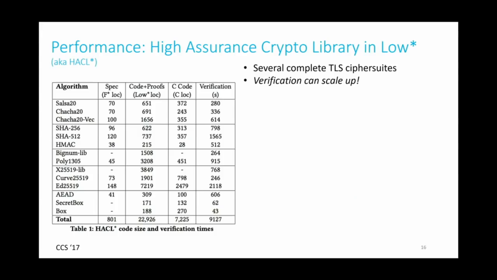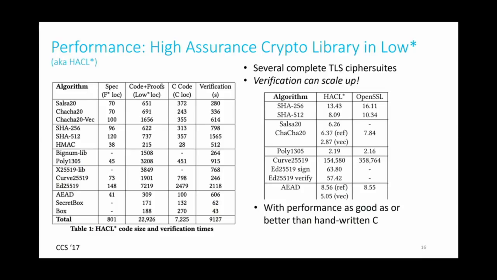At the very bottom, you need to prove that the crypto that you actually implement is functionally correct. And we actually also prove that it's resistant to a class of timing side channels. So as Adam alluded to, we have a library called HACL*, implemented in the C-like subset of F*, where we have proofs of many crypto algorithms whose performance compares quite favorably with the best handwritten C.